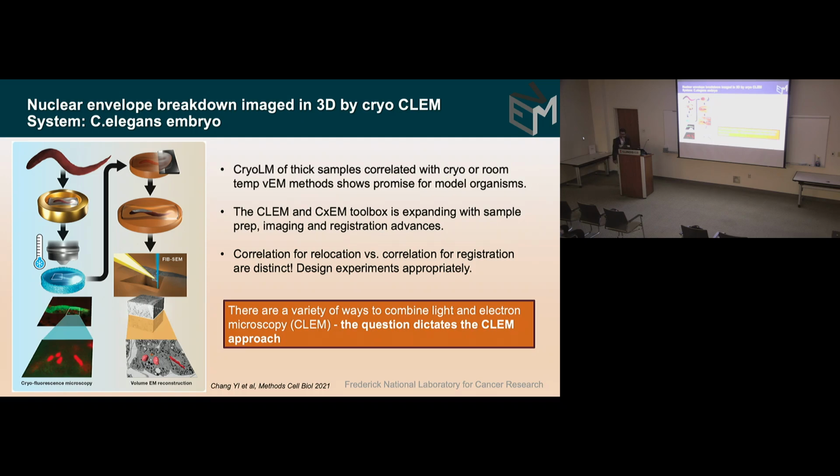I guess I did have a third one. When you do CLEM, how much of it is to use this as a tool to aim at the right location for the FIB, and how much is truly correlative information? Do you understand? In some ways, isn't it just an aiming tool? I know where to go now. Yeah, that's exactly the difference. So the majority of